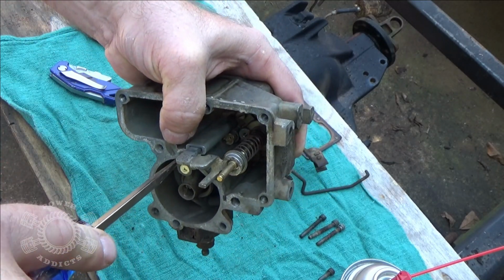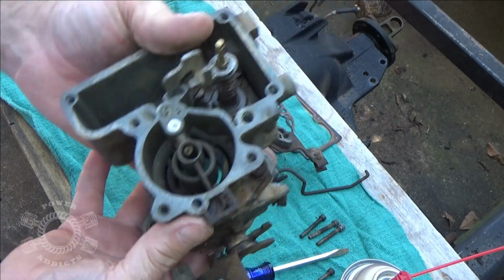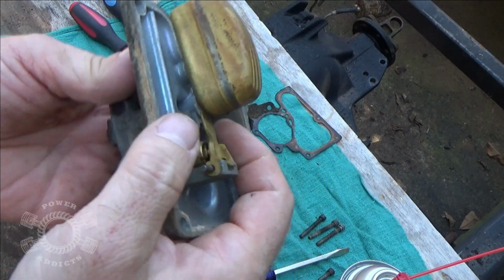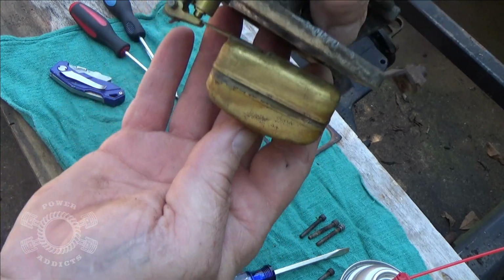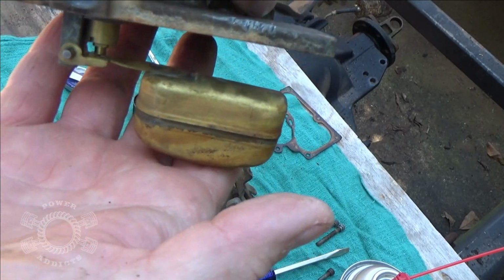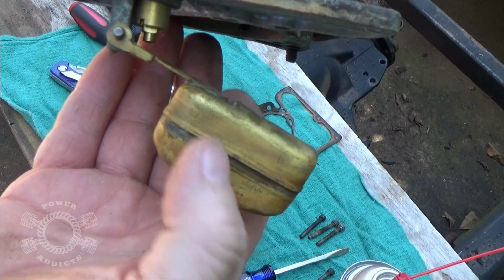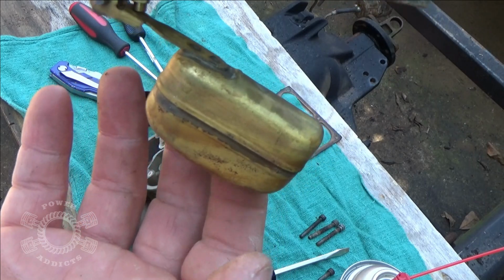Snug that up. Okay, we've got everything inside there. Now, in a full carburetor rebuild, what I would normally be doing is setting your float height as well. Float height is where the body of the float and the body of the carburetor have a certain spacing, because that determines how much fuel flow comes through here where the filter is and drops down through here. And if for whatever reason that is set incorrectly, you'll get either too much or too little fuel into the